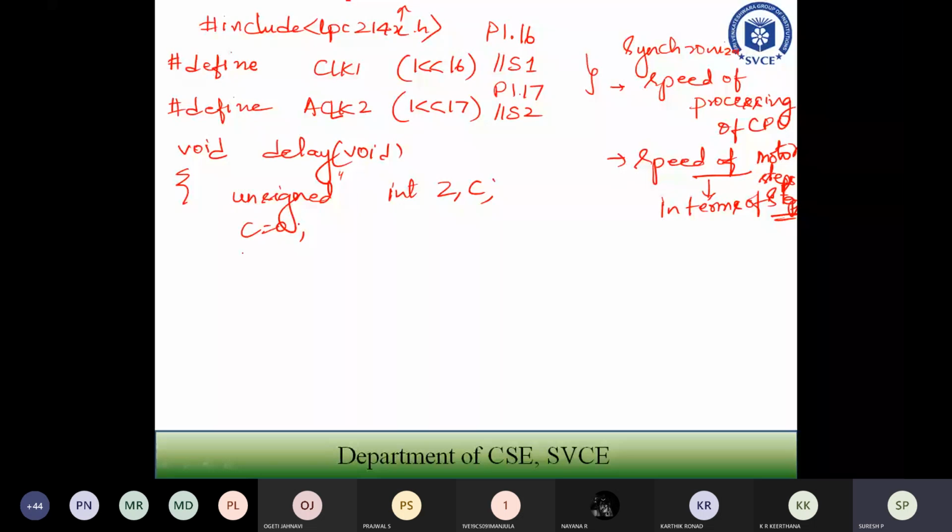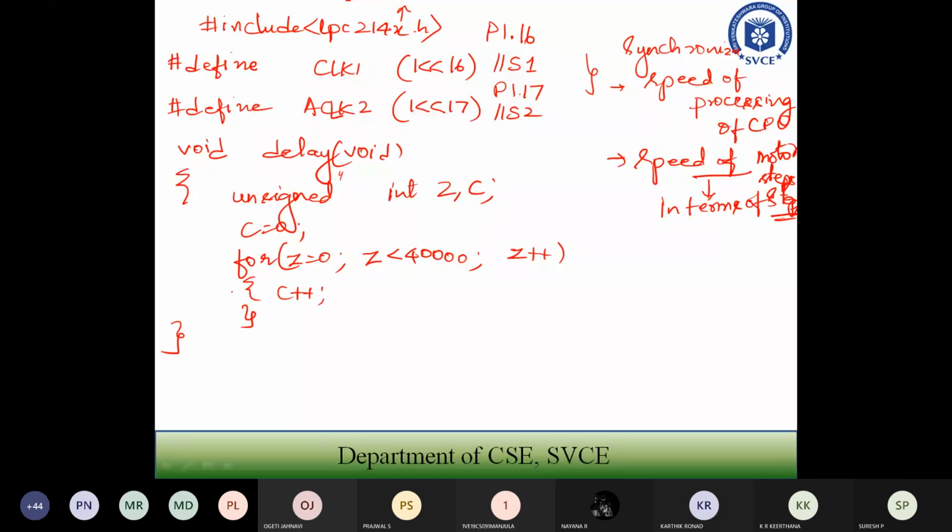So now for z is equal to 0, z less than 40,000, z plus plus, some operation I'm going to do, that's it. Don't worry about what operation it is doing. It is just killing the time of the CPU. So it is used for delay.